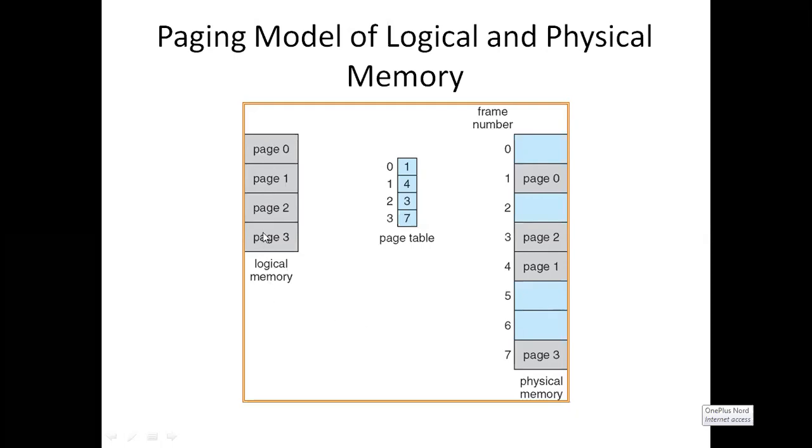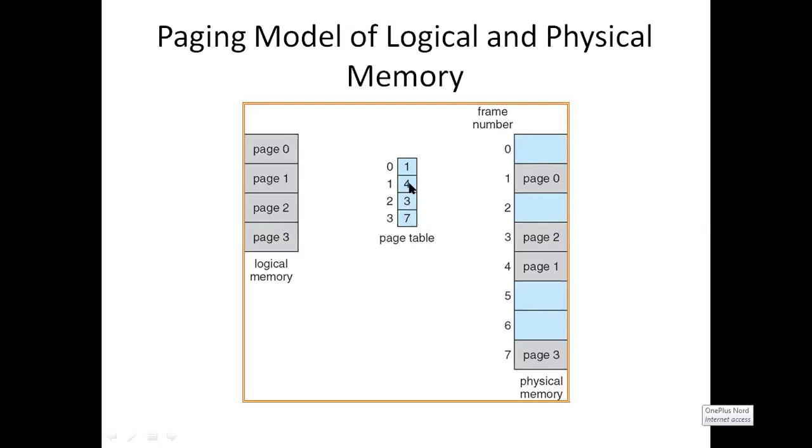The secondary memory is divided into pages, whereas the main memory is divided into frames. Now, page 0: where is page 0 available? In frame 1. Page 0 is available in frame 1. What does a page table consist of? You might have an idea now, right? The outer side partition is the page number, and the inner side consists of the frame number. Which page is available in which frame will be known by the page table.